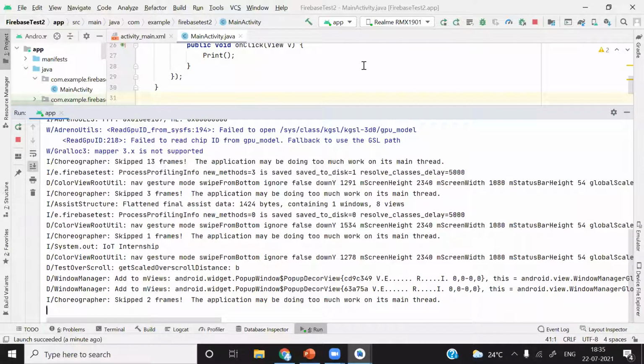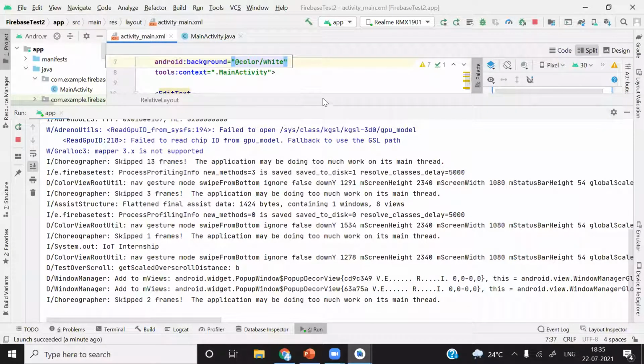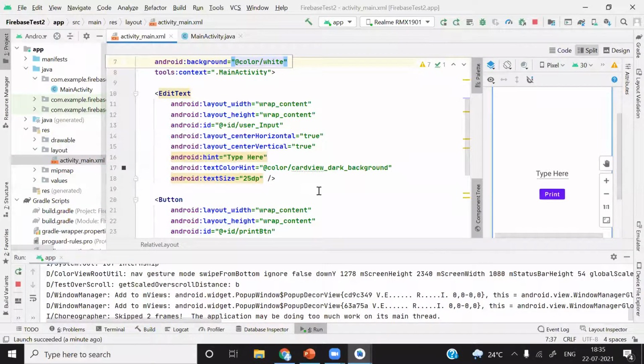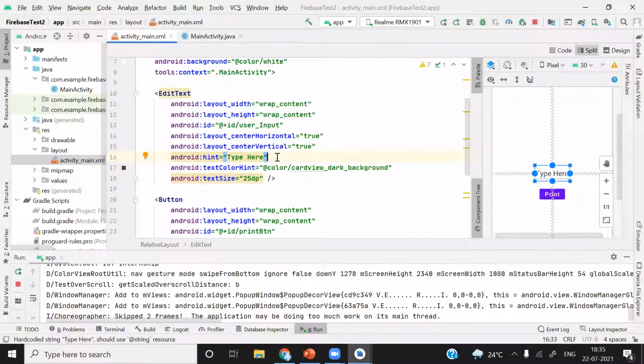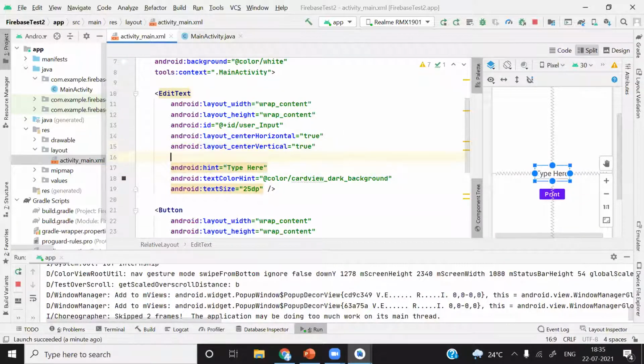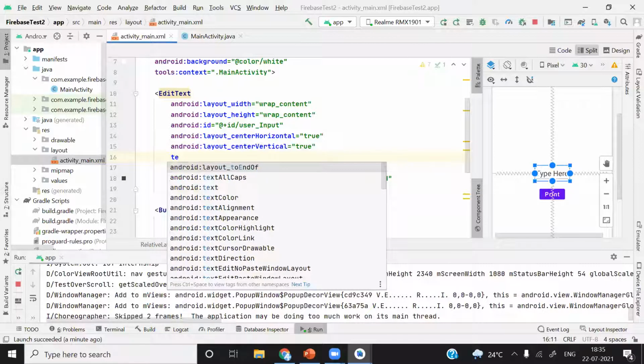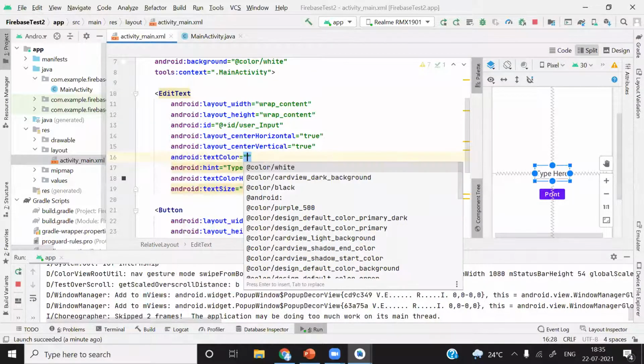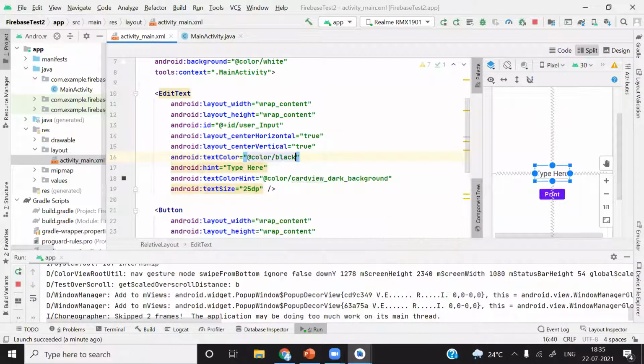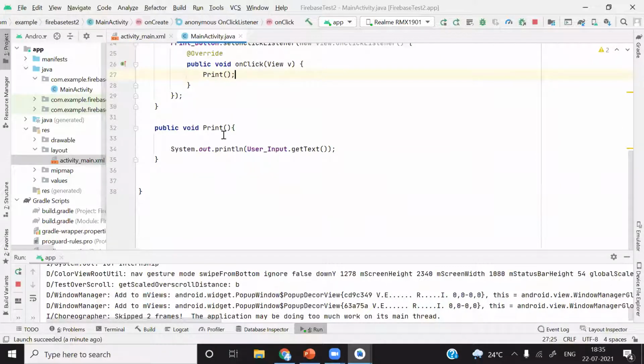We will quickly do that because this is very important for creating a user interface. In here we type text color and set it to black. We will also make a change here: whenever we press this print button, we want to erase whatever the user has written.